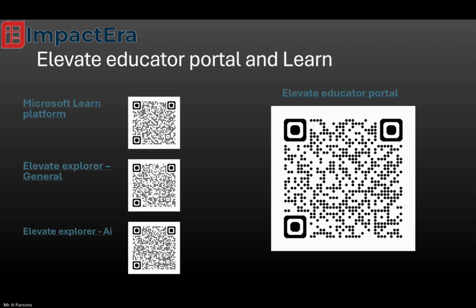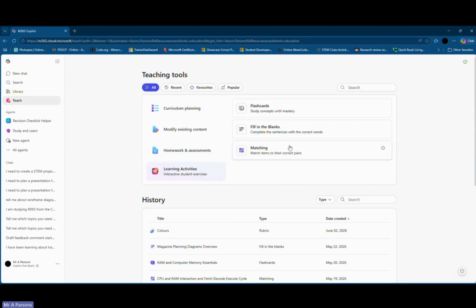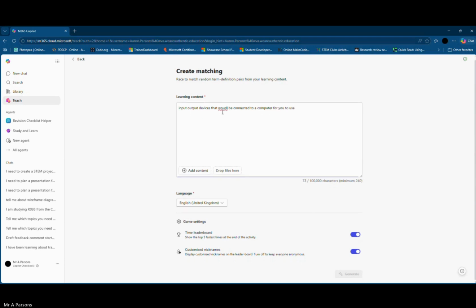If I actually go back to my window, I'll keep it in Teach, but so here, matching up. I haven't written enough in there.